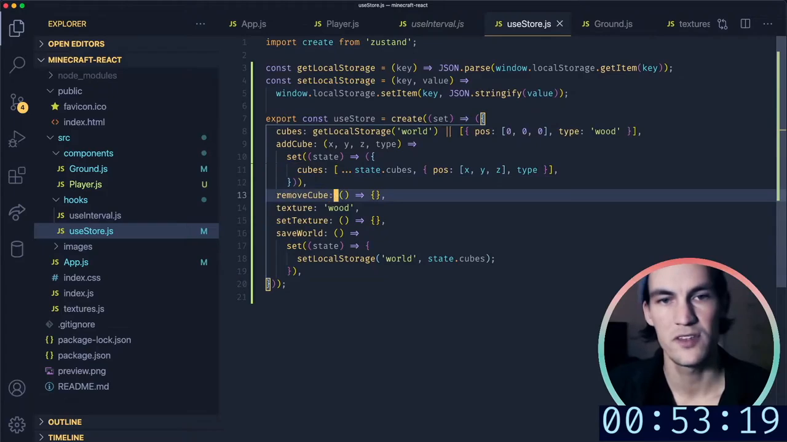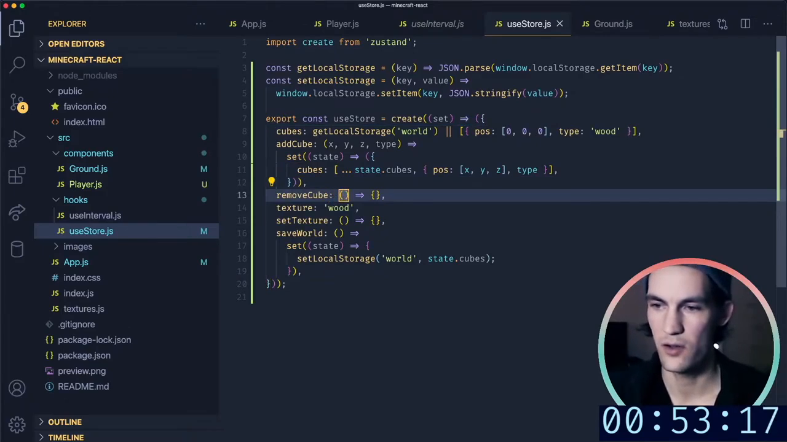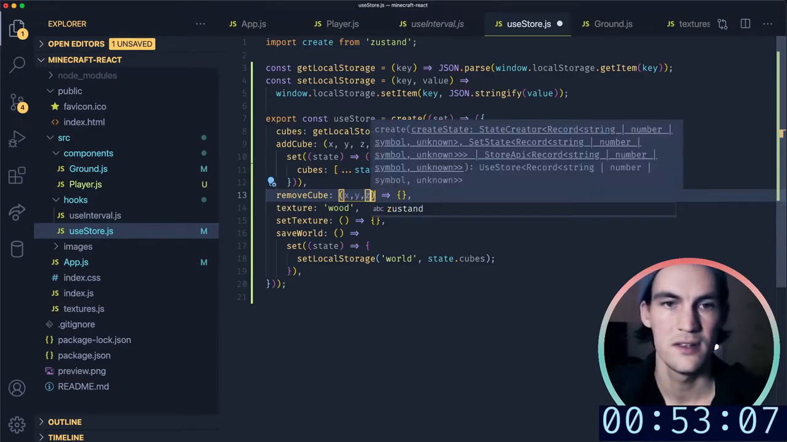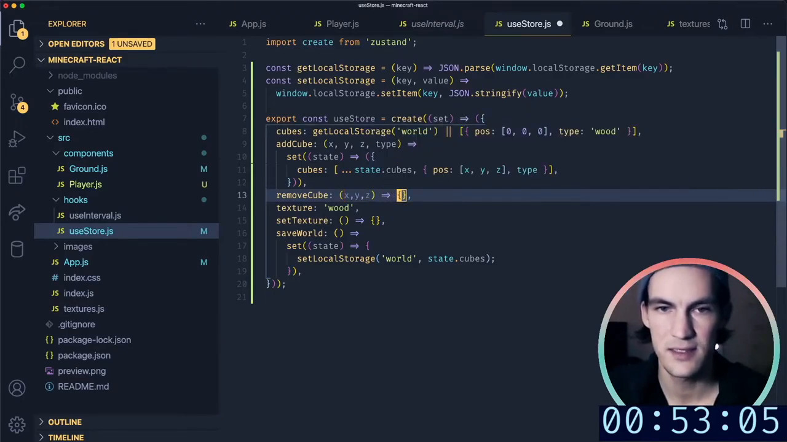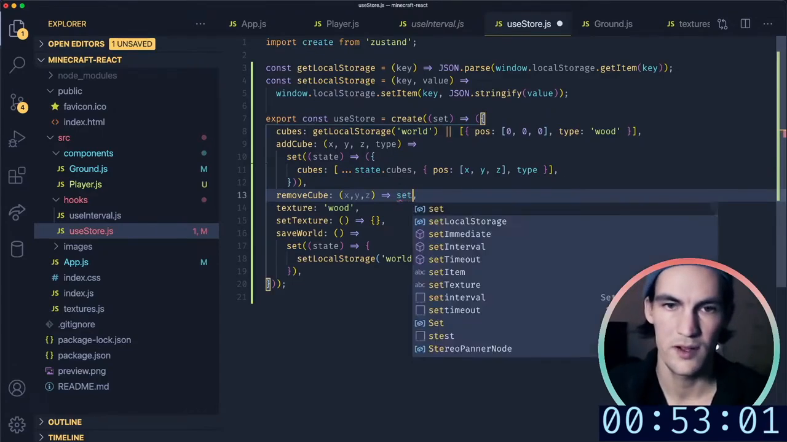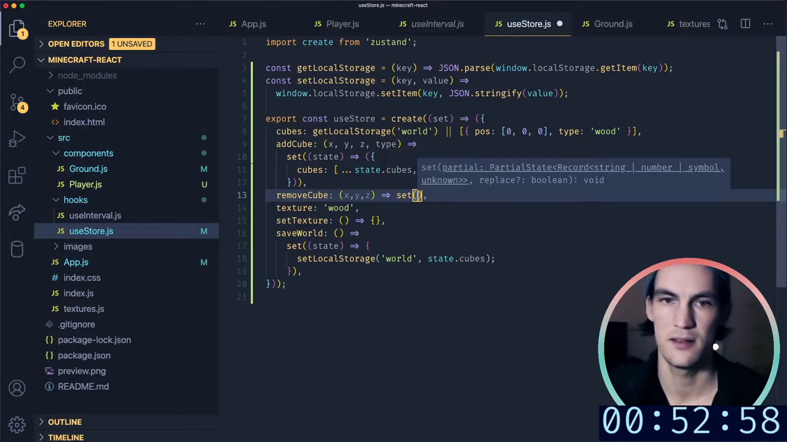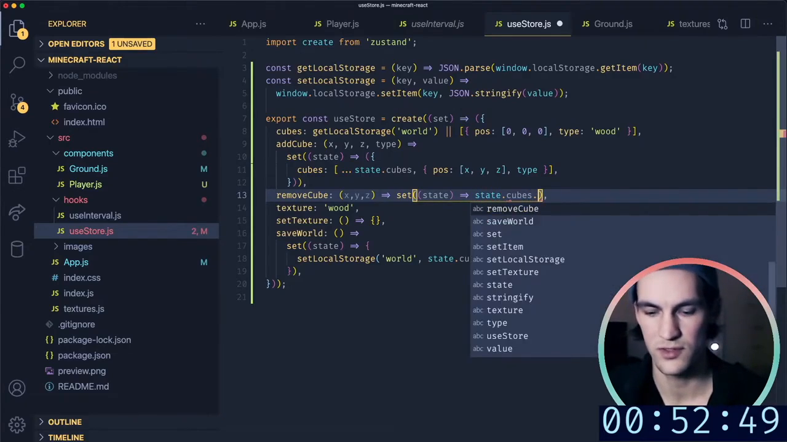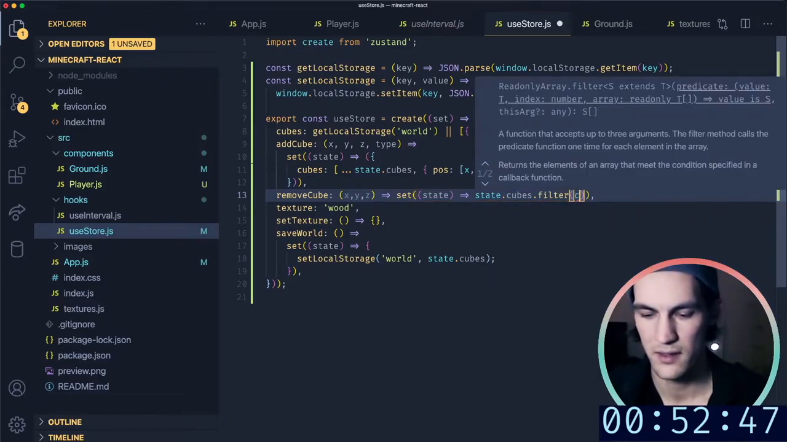When we're going to remove a cube, all we need is X, Y, Z. We don't care about the type. We just want to filter out the cube that is being called to be removed. So we take in X, Y, Z. Again, we call set. We receive the state, and we return state.cubes.filter cube,